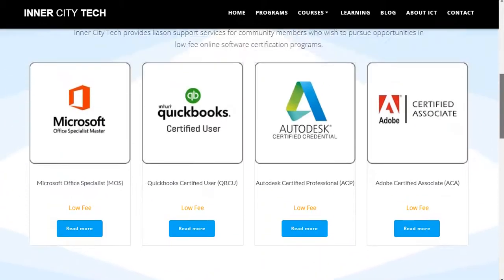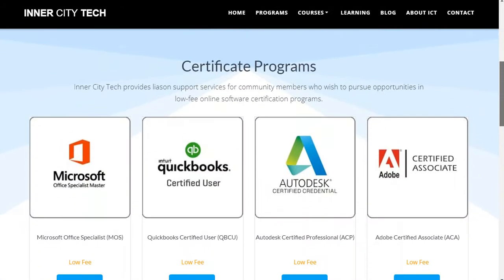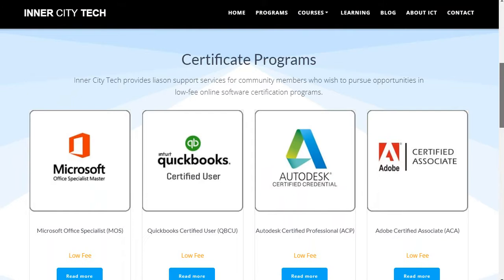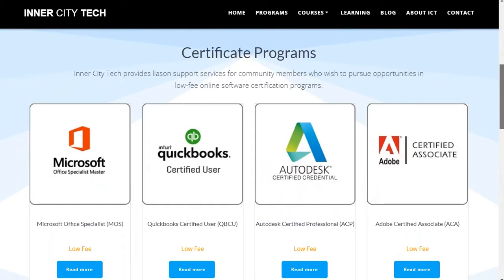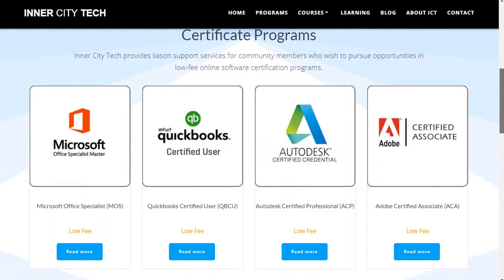And then of course we have a number of the ideas. So the idea here is we have our certificate program, and we're looking at being able to provide services through another vendor, but be able to get folks to use their platform